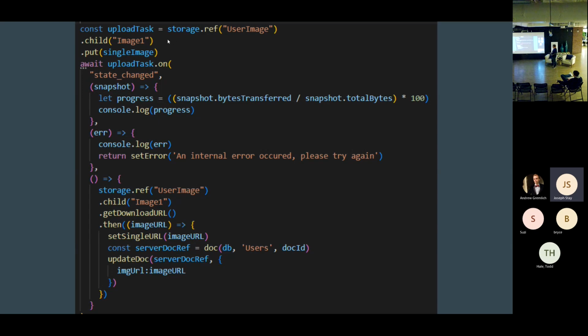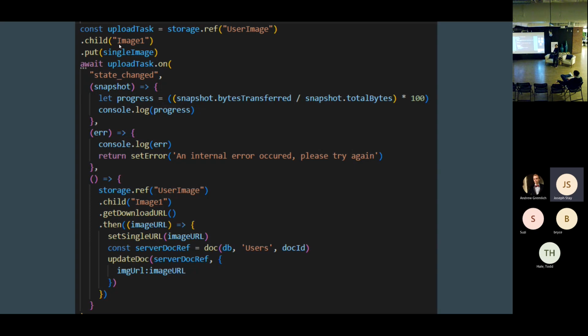This was great for just naming for testing purposes, because I would want it to overwrite the same file. And I don't want a bunch of different files appearing. And I also wanted to make sure that if we have two files, one's image one and the other's the image one, that it rewrites it, because each user ID is going to be different. And if the same user ID uploads it, it is going to overwrite their previous. It's not going to store it.